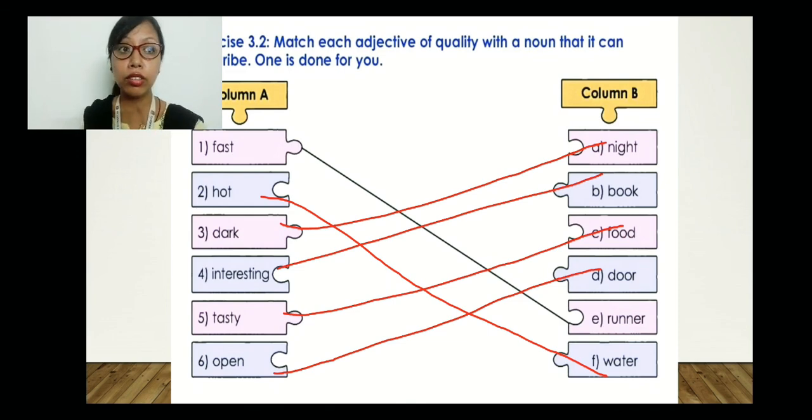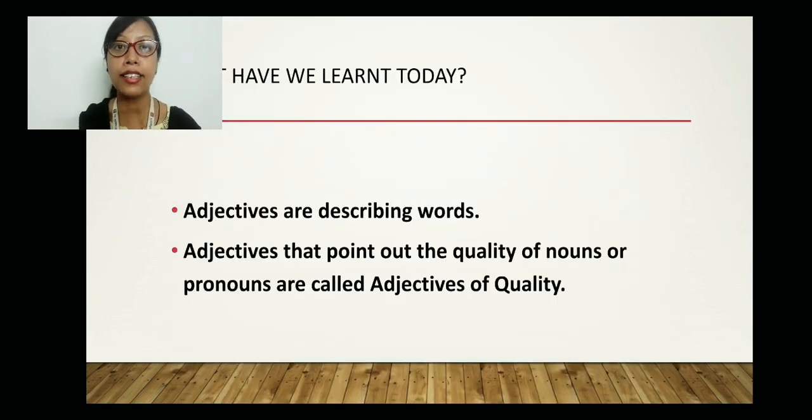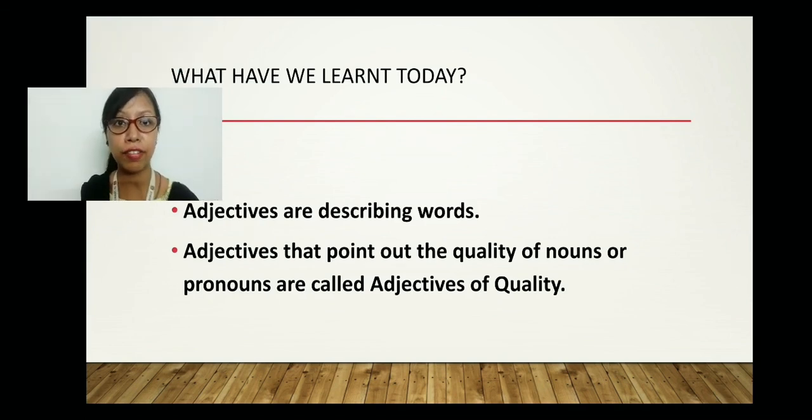So here I am going to end this with the last, which is the summarization. So what we have learned today. We have learned about adjectives, right? So already you know the definition of adjectives. What is it? Adjectives are describing words. That means it describes the noun or pronoun. And then we have learned about the adjectives of quality. If you have to define it, how are you going to define it? Adjectives that point out the quality of nouns or pronouns are called adjectives of quality. So these are the two definitions, as well as we have done the